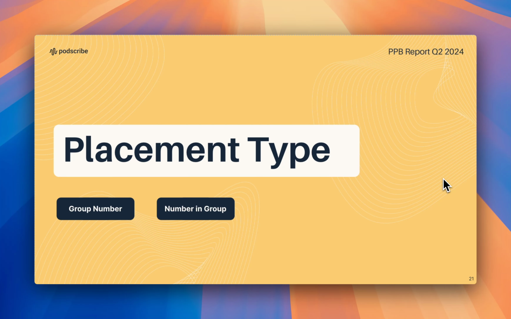Yeah, so you're right. Typically, in the industry, we think about things like pre, mid, and post. It is very common, however, that we have multiple groups of pre-rolls, multiple groups of mid-rolls. And so rather than looking at pre versus mid versus post, we prefer to look at which group something fell in, and then where an ad was placed within that given group, because you may have multiple ads within a singular group.